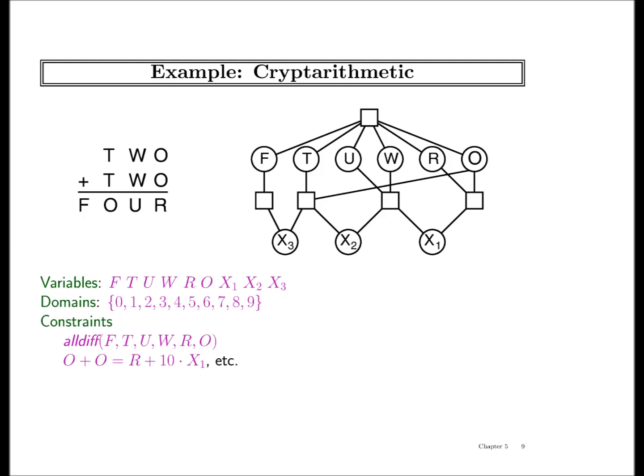Can you explain the graph again? Like what do the rectangles mean? Rectangle just means that there's a constraint which is connecting all of these nodes. So it's a way to represent non-binary constraints, higher order constraints. These are called factor graphs. This is a factor. So the binary one is a tree?